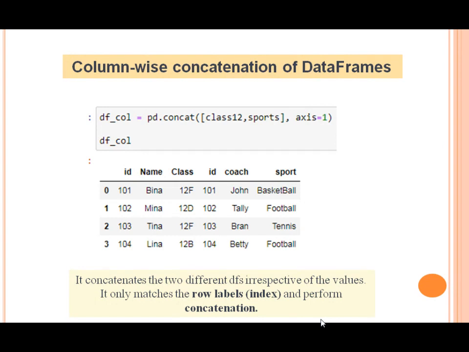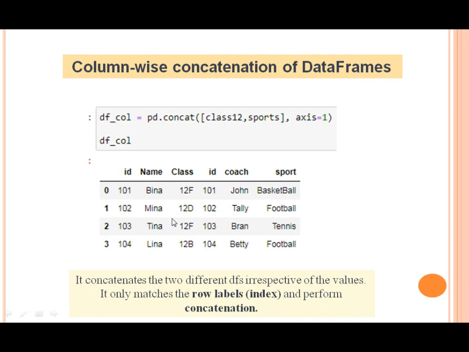Children, just see column wise concatenation of data frames. Now when you have to do something column wise, what you need to do, children? You have to use the parameter axis equals to 1. So here I had written axis equals to 1 in the concat, and similarly the concatenation happens on the column basis.